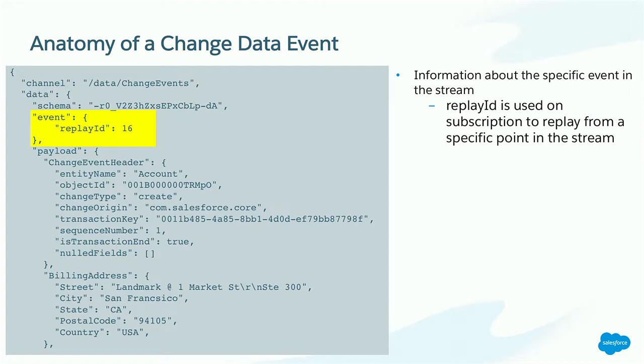Next is the replay ID. So this is how we guarantee durability on our event streams. When you actually subscribe to a channel, you provide the channel name and also a replay ID. The replay ID is a distinct value that's associated with each event, and with that ID, we're able to replay